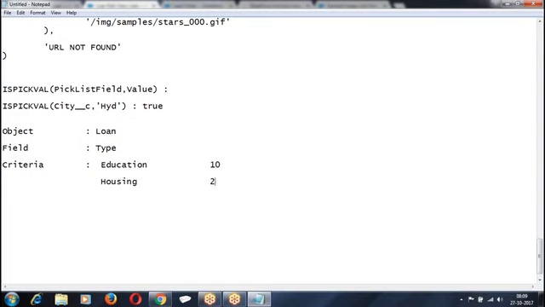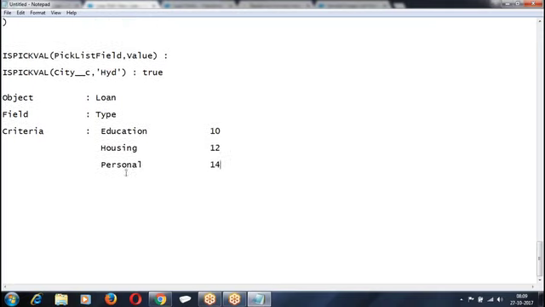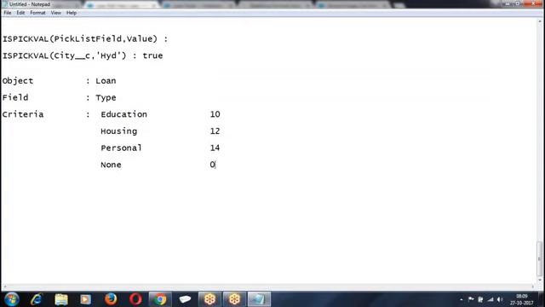Housing. This is how we have it. If loan type is education, 10%, housing, 12%, personal, 14%, and if you have chosen none, zero percent.